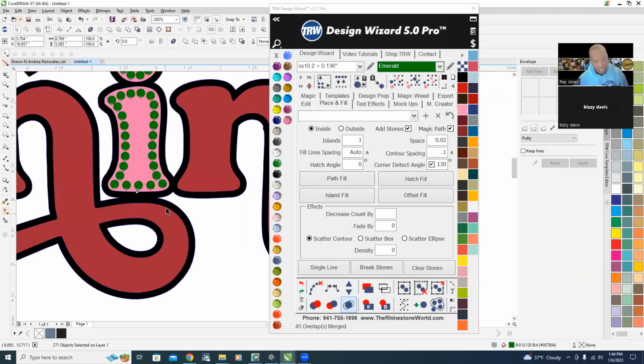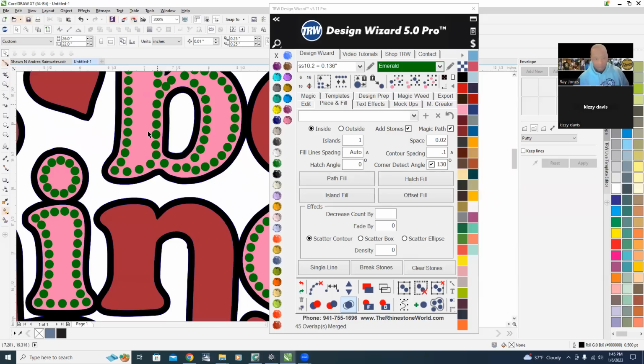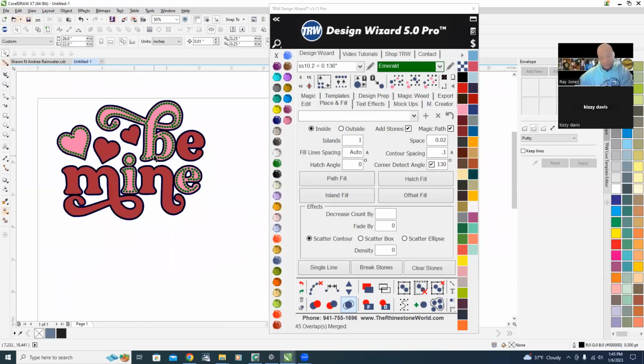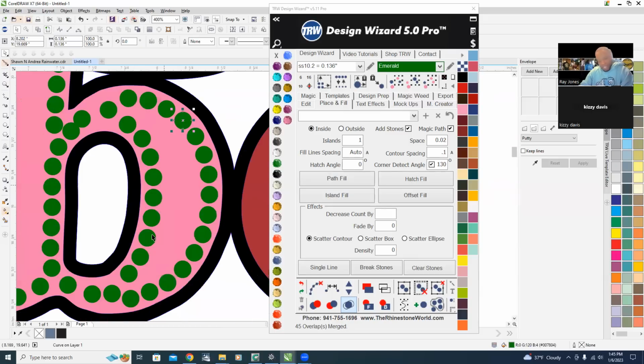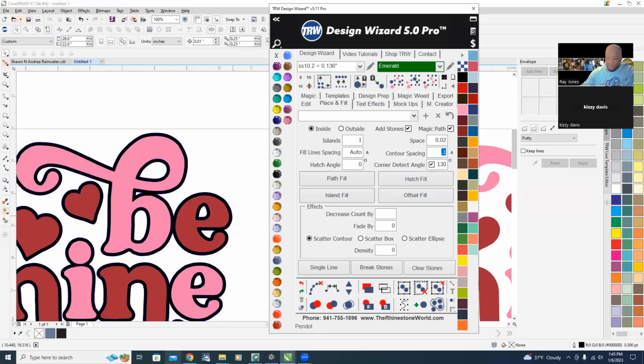For example, you see this eye here. You see how I got it? It looks perfect. It got the eye perfect. That's at 0.1, which means that the stones are not on the edge, but off of the edge a little bit. When we just use 0.075,